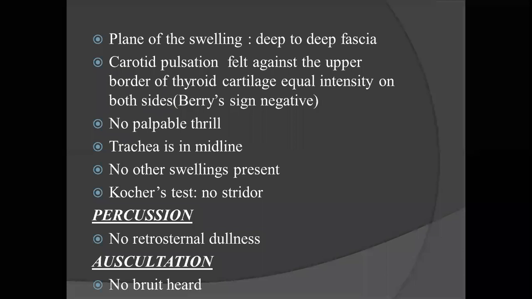So here, if you want both the muscles to contract, what do you do? Chin test. You ask them, against resistance, to contract the neck with pressure on the chin. If both the muscles contract, and the swelling is diffuse with both lobes, both lobes can become less prominent when the muscles contract. Okay? Next, you go into that. So we are very clear that it is deep to the deep cervical fascia and the sternocleidomastoid.